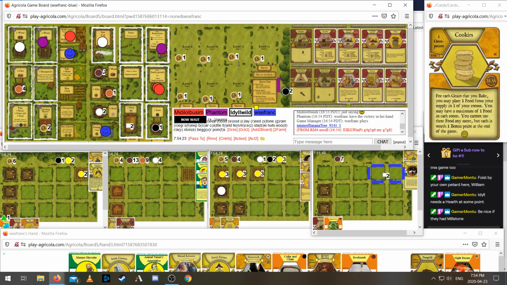I guess if Idlewild doesn't take the... Idlewild might take the wood. If Idlewild takes the wood, then that makes a big difference. If Idlewild takes the wood, then I can first action build. If Idlewild doesn't take the wood...